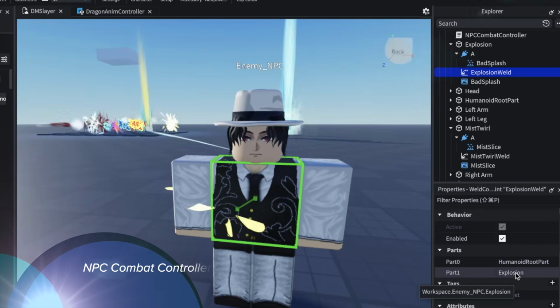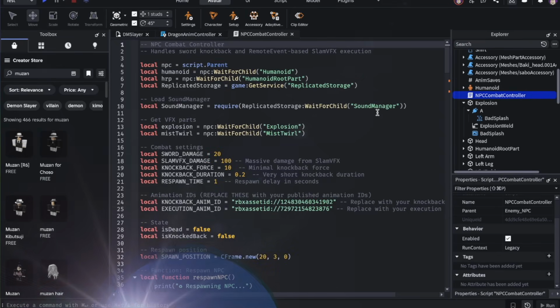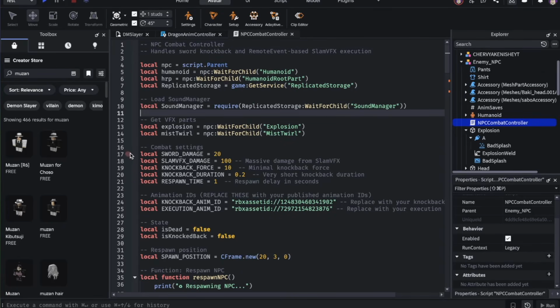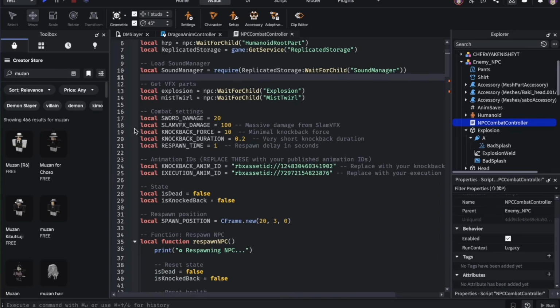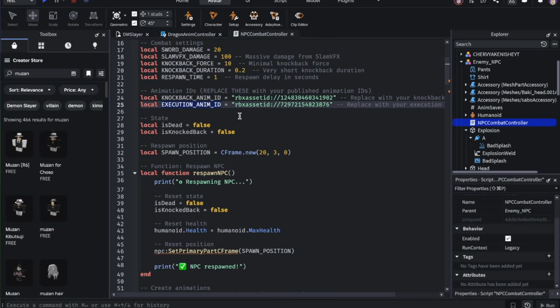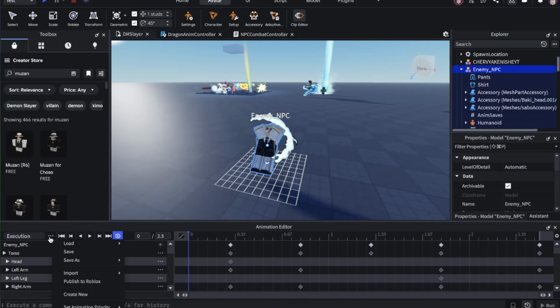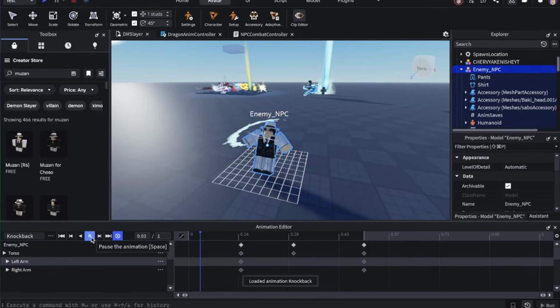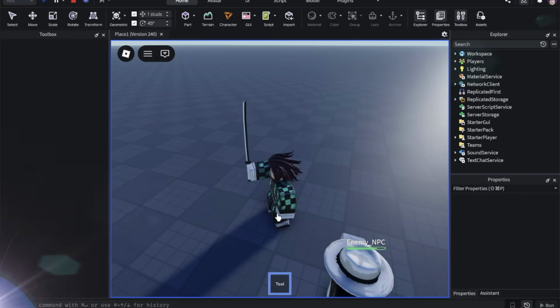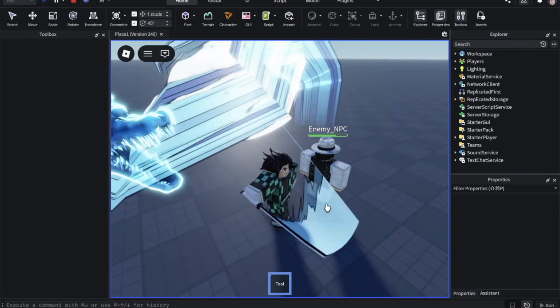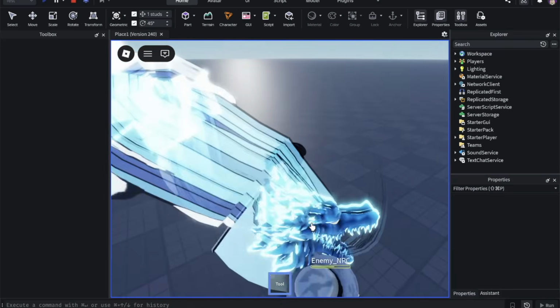Claude also helped generate the NPC Combat Controller script. This script handles attack damage, slam damage, knockback force, execution timing, and respawn logic. These are the knockback and execution animation IDs that Claude generated earlier. If you don't want to animate those yourself, you can simply ask Claude or another AI MCP app to generate them for you too. And that's basically how I created this anime dragon water skill inside Roblox Studio using Claude